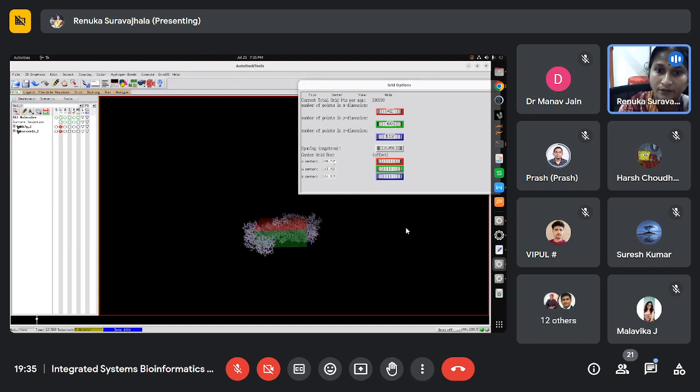And then here, once it is done, you can also make some changes where the center should be, like here, for x coordinates, y, z coordinates, the center. If it is a little up and you want to move the box, then you can do it here. There are a few more possibilities to go with the center, where exactly it is, whether you want to move a little bit. So these parameters you can set based upon what you are looking at, but don't create too